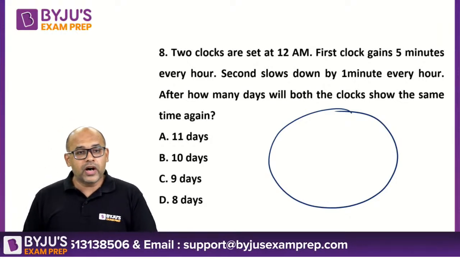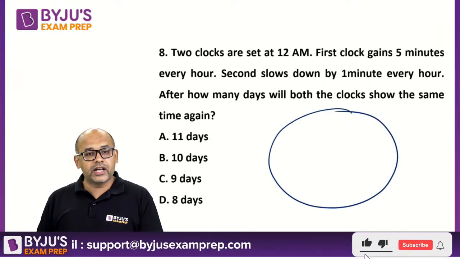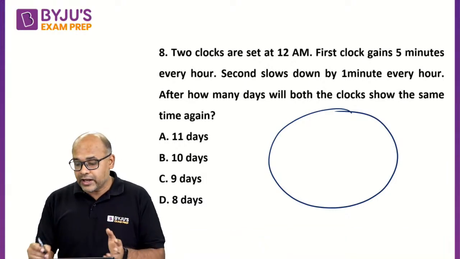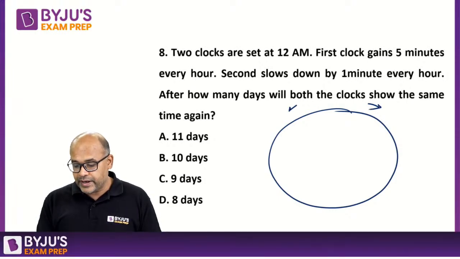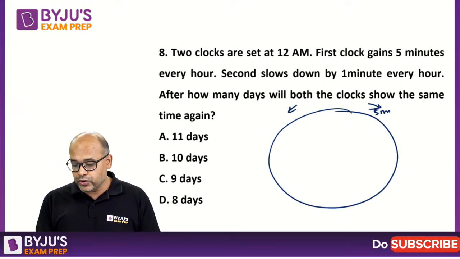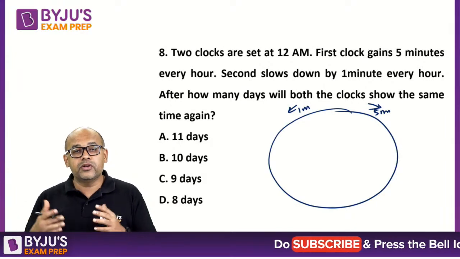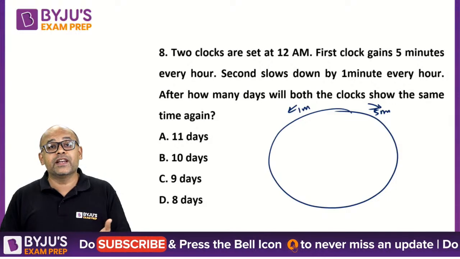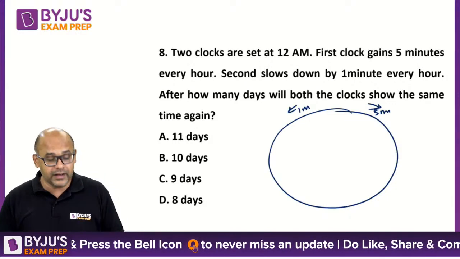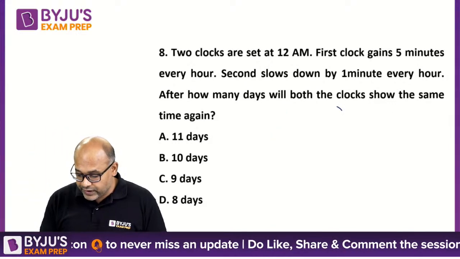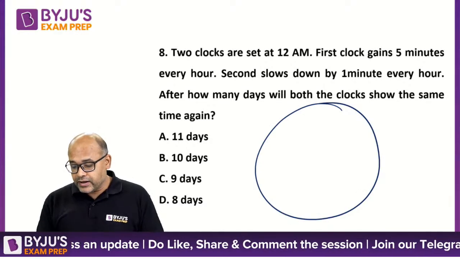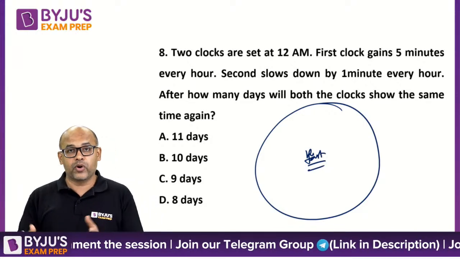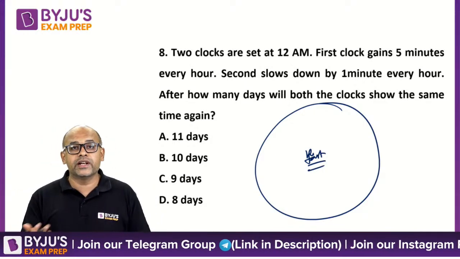Okay, so answering the question of Krishna as well as Vicky. They were asking, why did I take the opposite direction? Because in this question when I was explaining, I took 5 minutes here and I took 1 minute here and I added them. But your question is relevant. You actually asked me, they are both moving in the same direction. If that is the case, why am I taking it in the opposite direction? Well, same direction also, this is how you need to understand. I will take the hours hand, or rather the faster guy, inside, I'm drawing it, and the line that I draw outside is the slower guy.